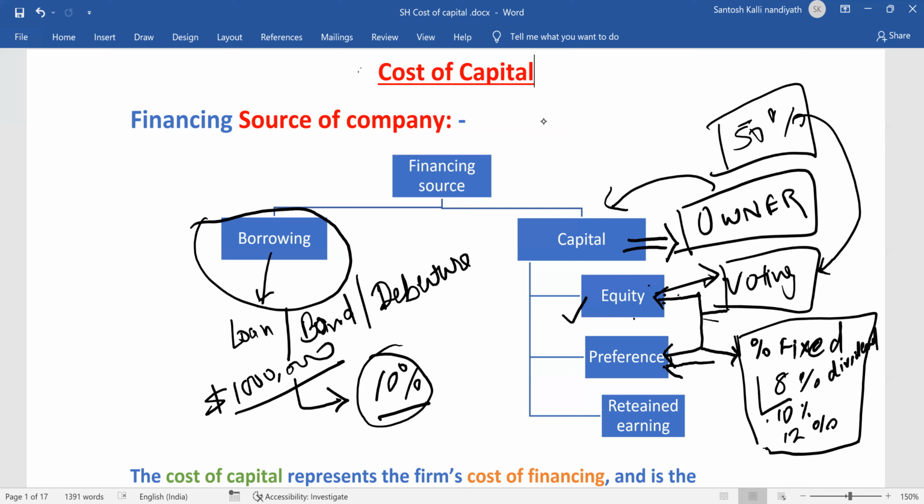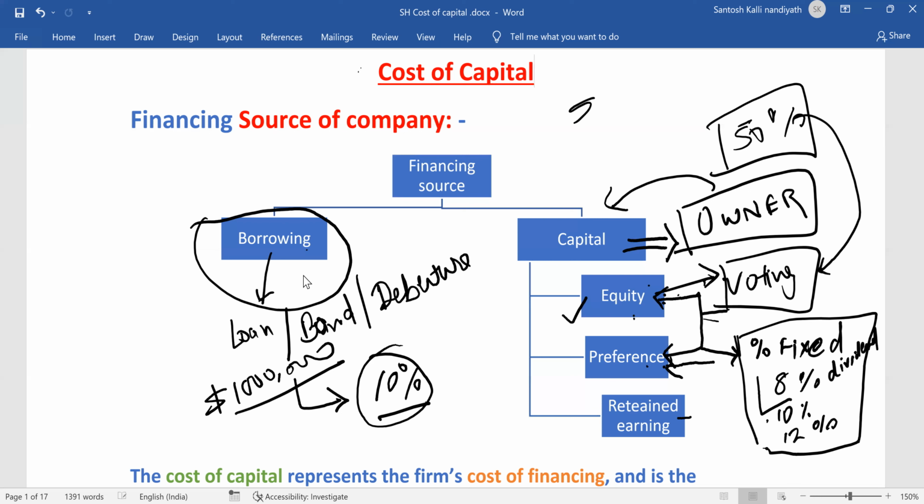The same thing we are going to analyze with the present value factor and tax factor, and we will calculate it. We will see the cost of capital for borrowing, and the cost of capital for equity, preference share, and retained profit. Generally, if a company grows, it generates profit. It does not always happen that whatever profit they make is distributed to the shareholders. Sometimes they retain it to make the company grow.